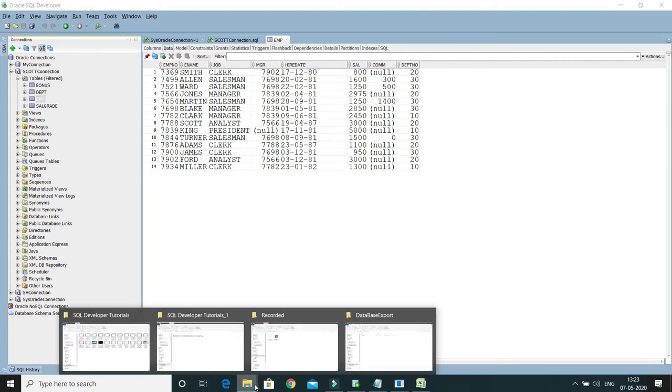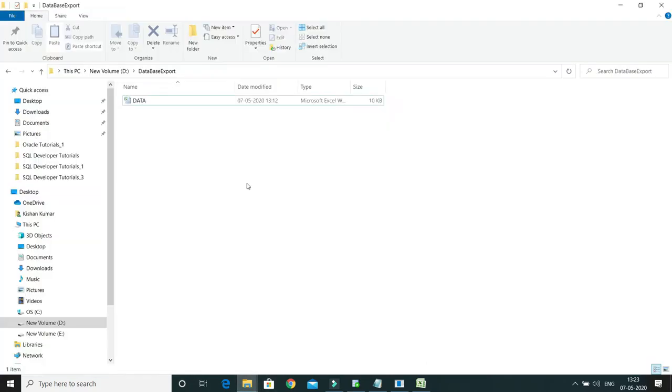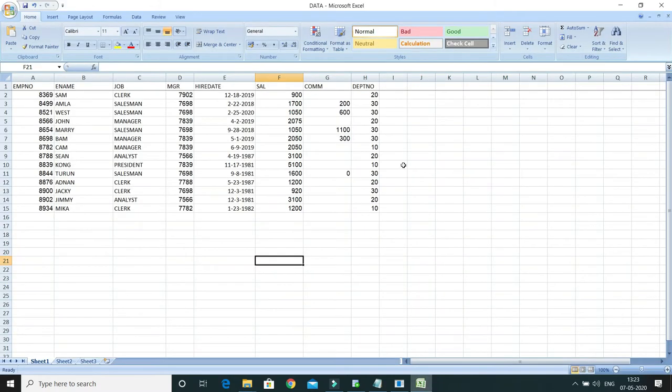So here in this directory, database export, I have one Excel sheet, and there I have already prepared data, and there are 14 rows, if you exclude the first row, which is nothing but the column header, and the data starts from rows 2 to 15. So there are 14 rows, and this data I would like to import from Microsoft Excel to my database table. So how can we do that?